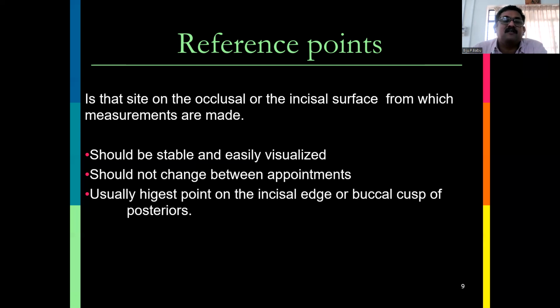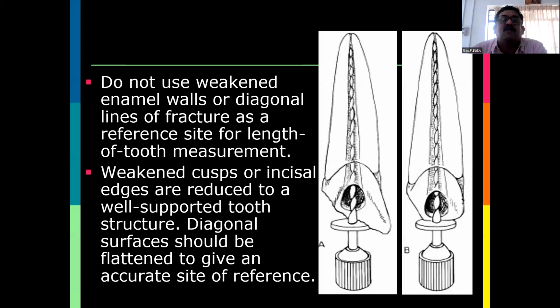So once you select the reference point, it should be stable, easily visualized, and shouldn't change between appointments. And usually it is the highest point on the incisal edge, or the buccal cusp of posterior teeth. Now, do not use weak enamel walls or diagonal lines of fracture as a reference site for length of tooth measurement. That is, if a tooth is fractured diagonally, you shouldn't